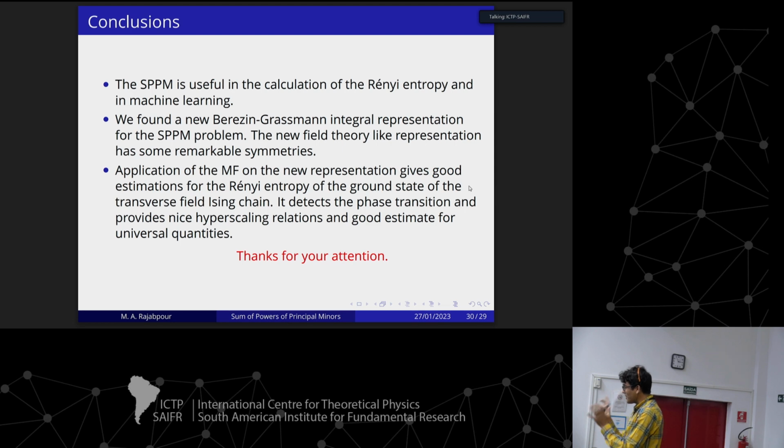In principle, you can do the same thing. Here I was mostly working with the Rényi entropy of the full system. But if I wanted the central charge, I needed to look at the Rényi entropy of the subsystem. So in that case, I need to work with the periodic one